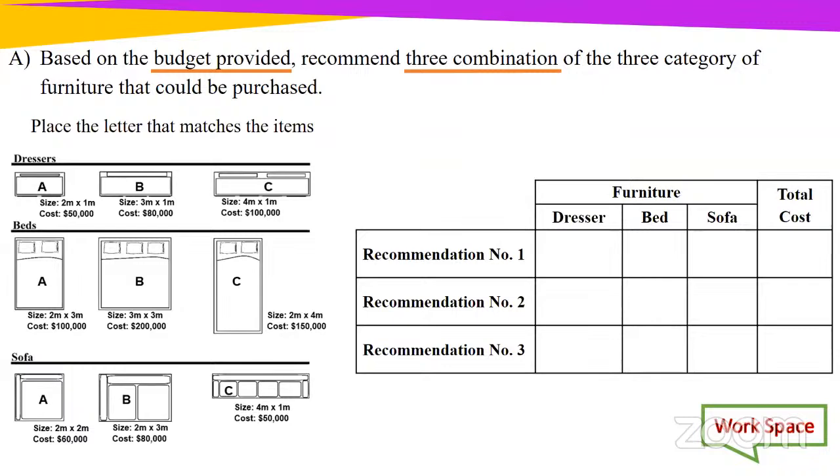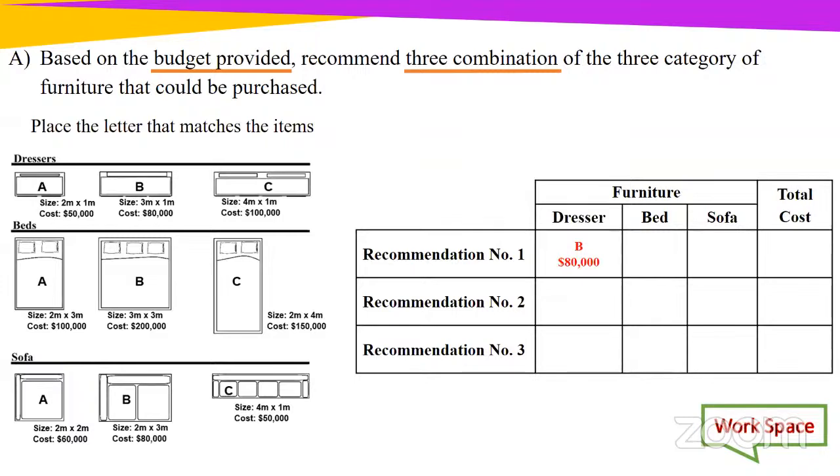Okay, I'm going over to Alana and I'm going to ask her to speak. Unmuting you, Alana. BAC. Okay, Alana, so we're starting with which one first? B for the dresser. Okay, so we're going with dresser B. And what's the price for dresser B? $80,000. Good.